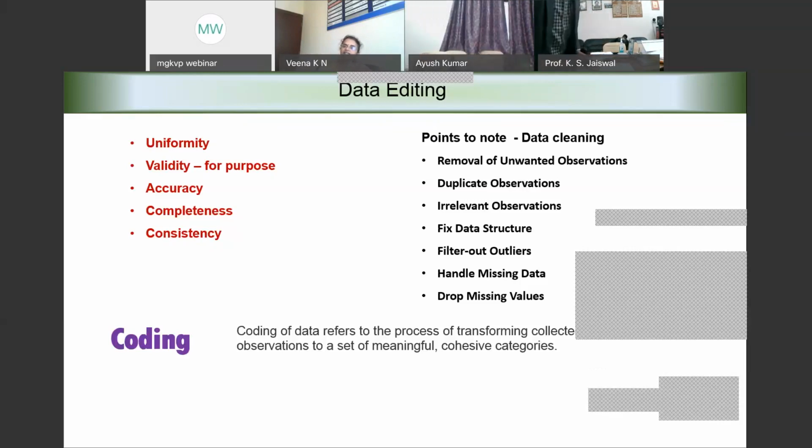Now, is it that only qualitative variables or nominal variables are coded? Answer is no. Even continuous variables can be coded. For example, we looked at the height example in the earlier slide. Which weight category you belong to, not the height, weight category you belong to. So I'm putting less than 40 kgs into 1, 40 to 60, 60 to 80, 80 and above.